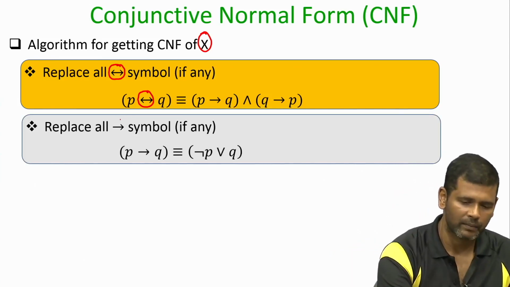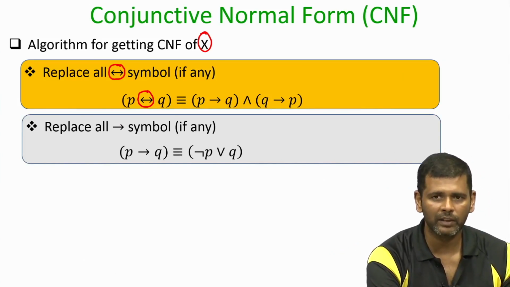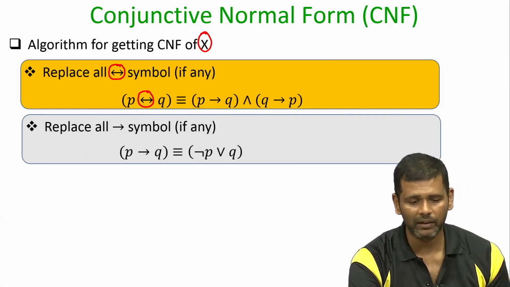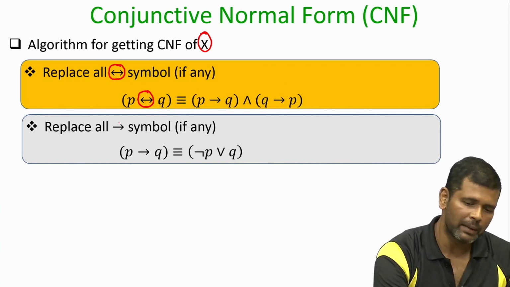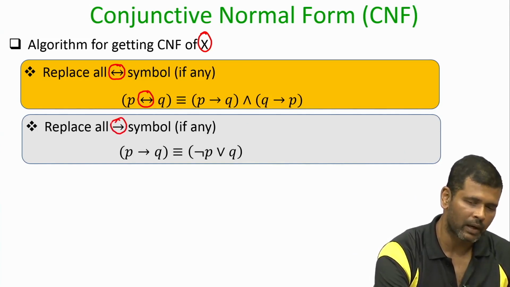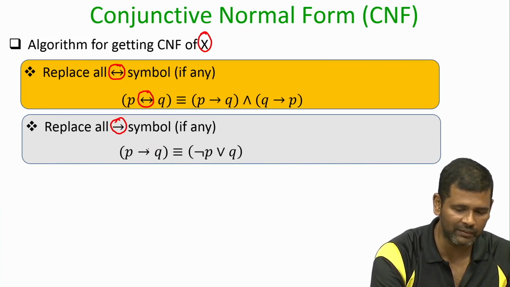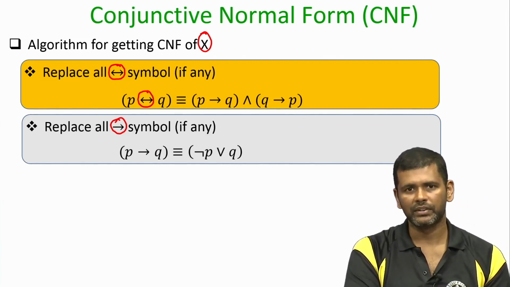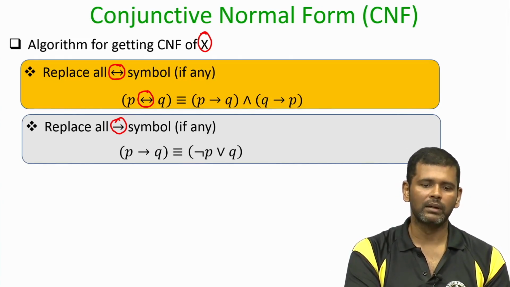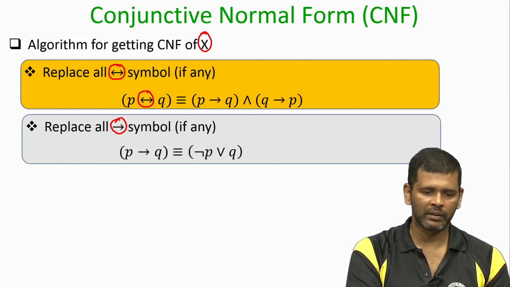Next, by applying the previous step, in my expression there will be no more occurrences of the by implication, but I might have introduced some implications, and there might be already some existing implication symbols in my expression. So, I have to get rid of all of them, and how do I do that? By applying this logical identity. There is a well known logical identity which says that P implies Q is logically equivalent to the disjunction of negation P and Q. You apply this law repeatedly in your expression and get rid of all the implication symbols.